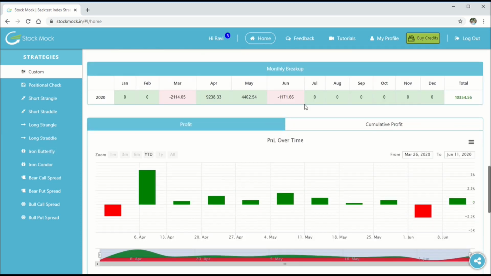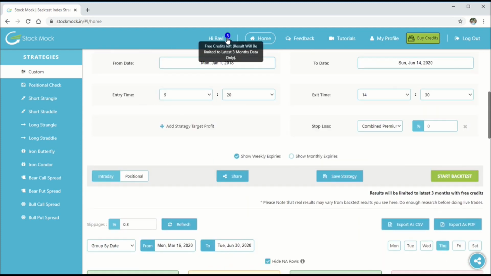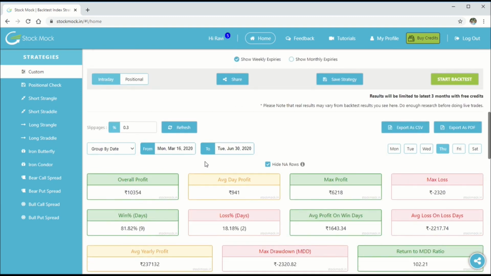That is because when you have this bubble in blue color, it means that those are all free credits, which means Stockmark tops up every user's free credits to 10 every day. So with the free credits, you will be able to backtest only for the most recent 3 months.